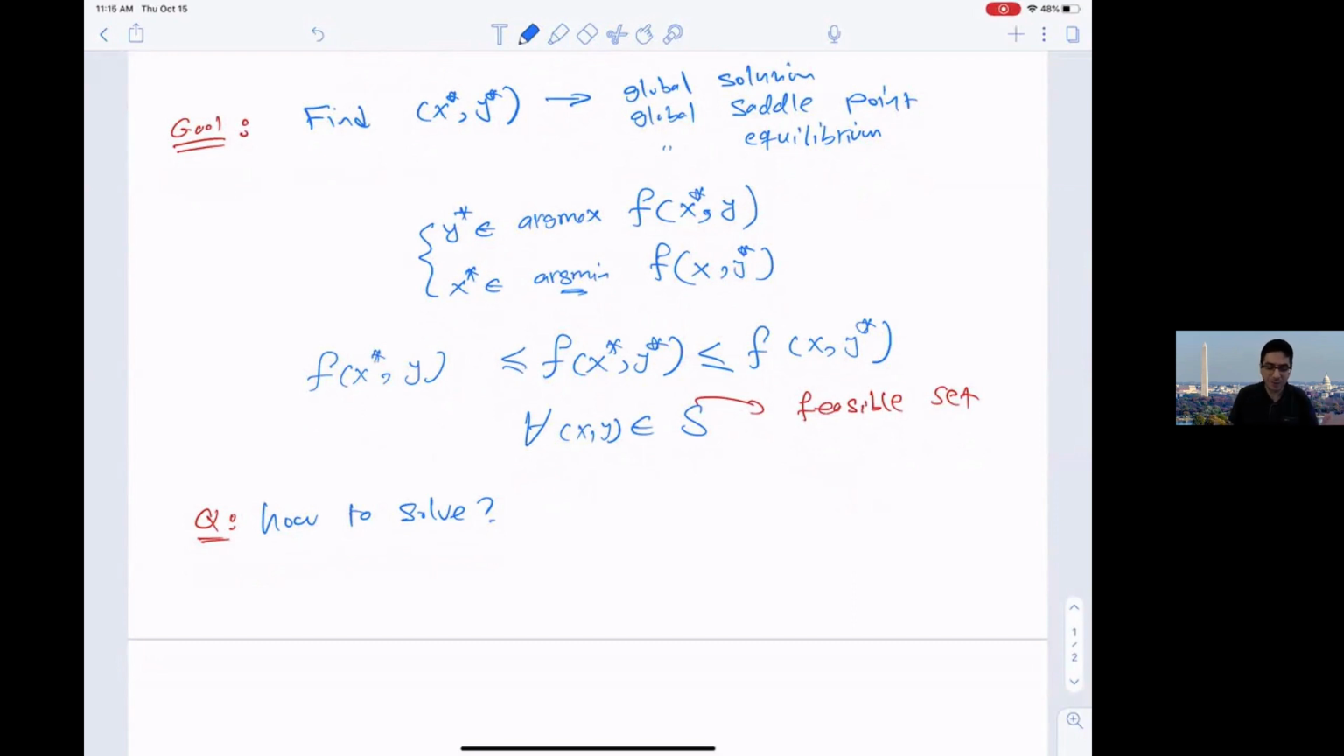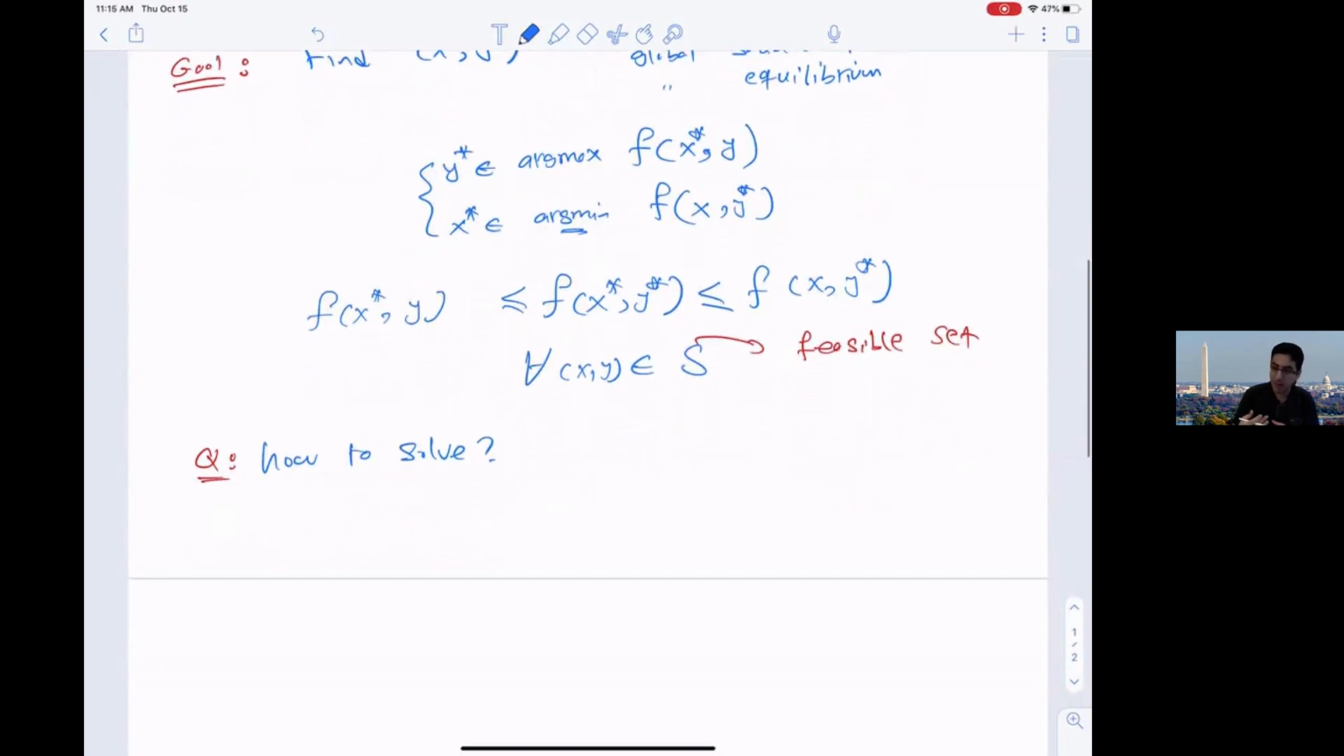So in GANs or in adversarial robustness, how do we solve this min max optimization problem? Alternating gradient descent. Yes, yes. So that's basically a first order method to solve a min max optimization problem. Right? So a common approach